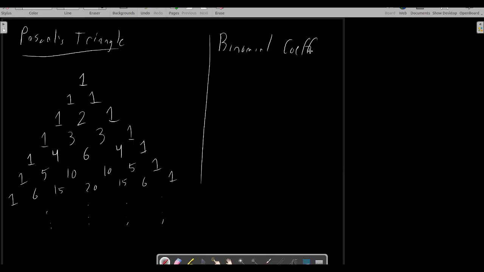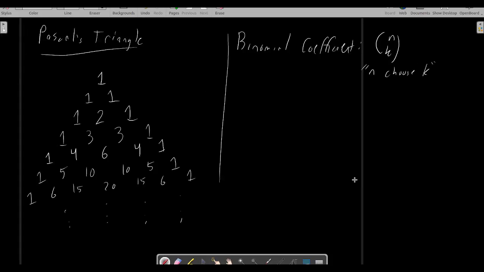The binomial coefficient, which is written as n choose k, takes two input arguments n and k and returns the number of ways to select k balls from a bucket of n distinct balls. This sort of problem appears frequently in combinatorics and probability theory in some form or another, and the binomial coefficient can be read off of Pascal's triangle easily. N choose k is merely the position in Pascal's triangle at the nth row and kth column, with both values